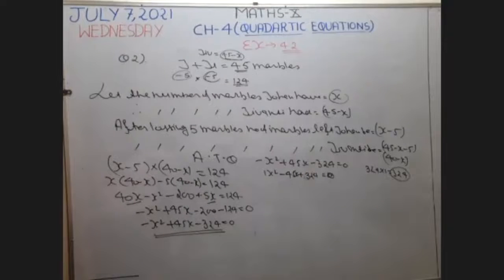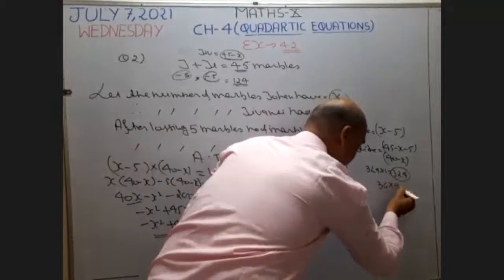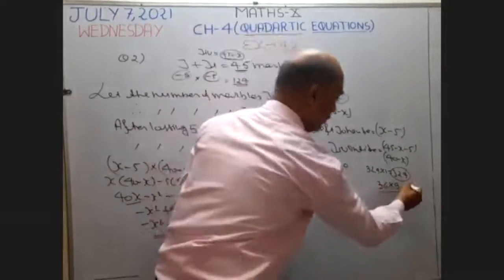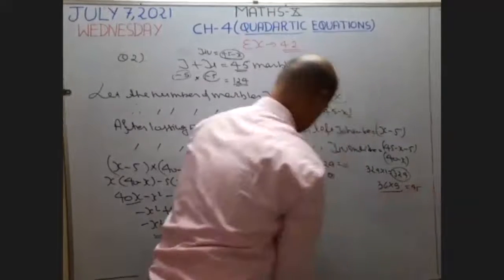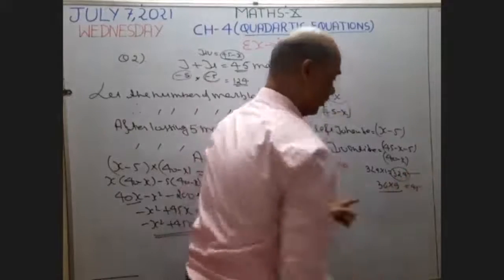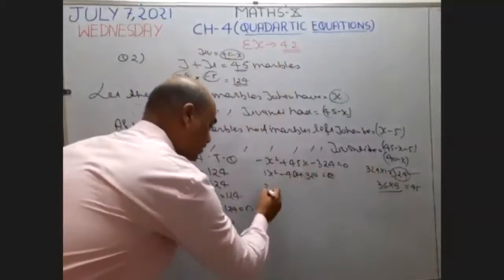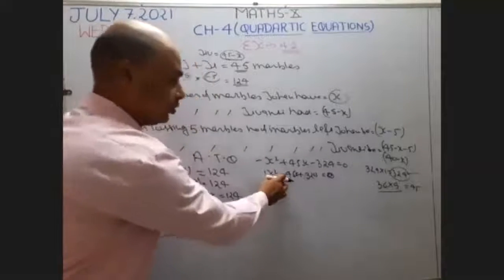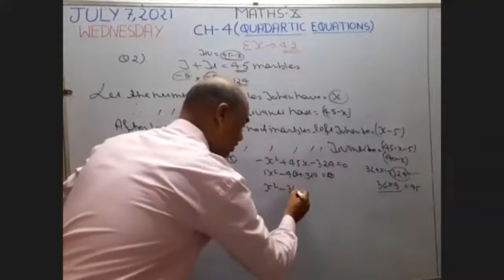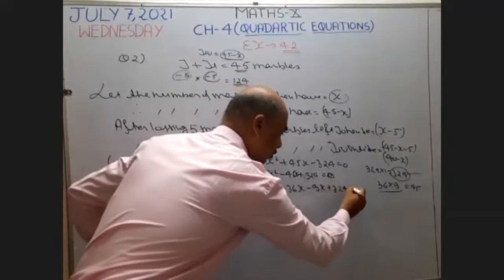Now tell me the numbers. The numbers are 36 and 9. Add these two numbers. When we add, this becomes 45. This is the required number. Multiply these two numbers. When you multiply these two numbers, you get 324. This is the required factor pair of the given number. So this can be written as x square. Since the negative sign is there, I want to make both the numbers negative. So I write here minus 36x minus 9x plus 324 equal to 0.